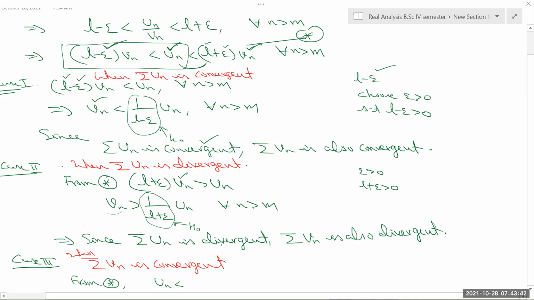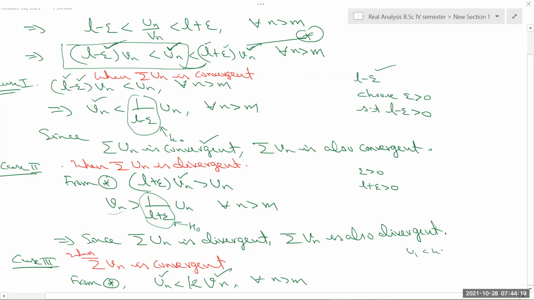In fact, one can use here the logic. I'm going to call this one as L plus epsilon or H naught, whatever notation we are using. Since this one is convergent, so this is also going to converge. So the series, because it is true for every n greater than n. So the same will be applicable for its nth partial sum, sequence of nth partial sum, because each of the